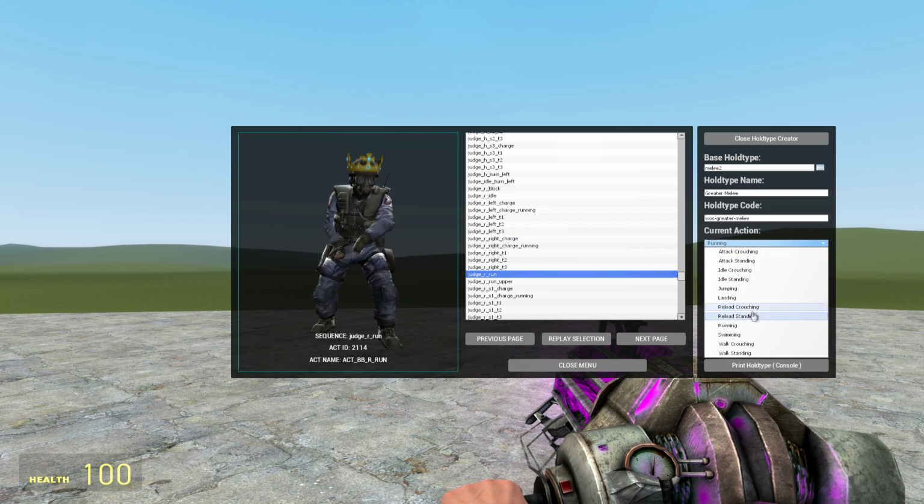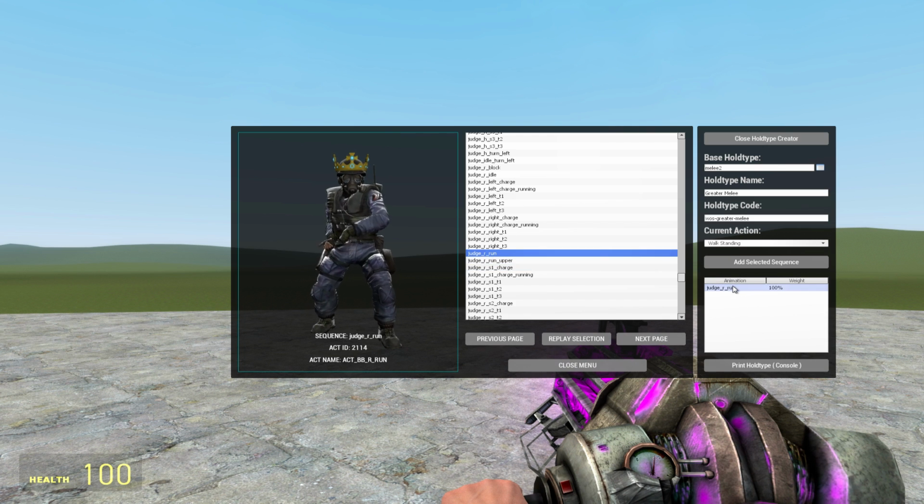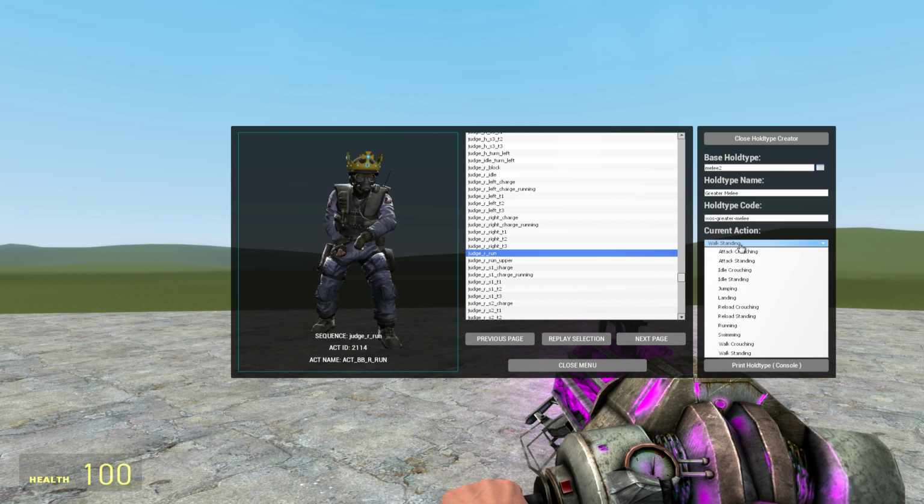What I typically do is use the same animation for running as I do for walking, because the walking speed is slightly lower than the running speed. So we'll just re-add that, and that basically ensures seamless animation transitions between running and walking. But if you have particular animations, you don't need to follow that rule. And since we've done walking while standing, I have the choice to also do walking while crouching. But because the way we've designed this was to use the base hold type for all things that aren't standing, we will just not touch the walk while crouching thing